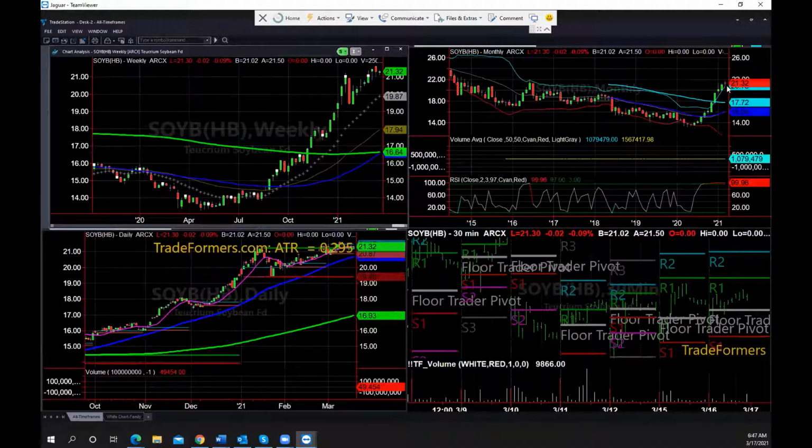This broke out over the 80 months. So soybeans had been underneath the 80-month moving average, which takes you about 6 years back. So it's a business cycle for years, since like 2012. That's a huge reversal. So this food-related inflation is what I'm still keeping an eye on, unless, of course, environmental